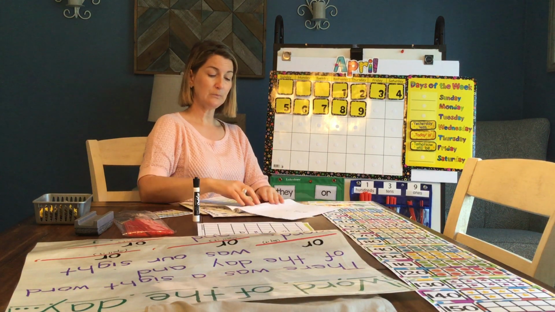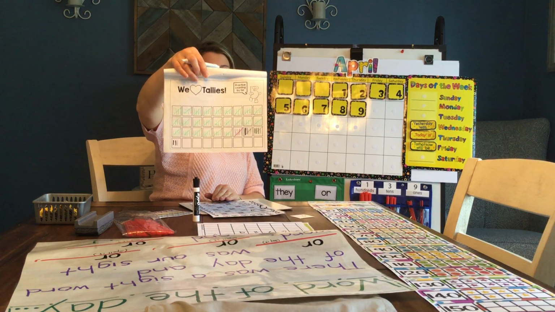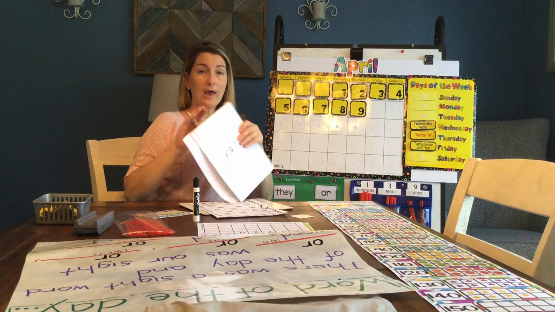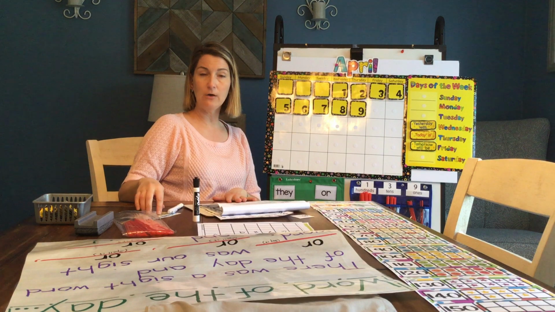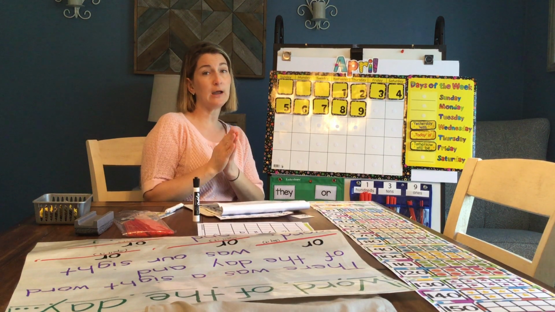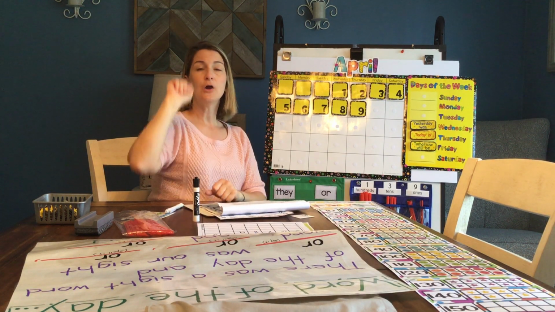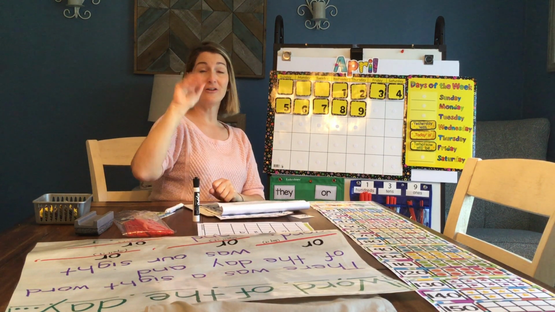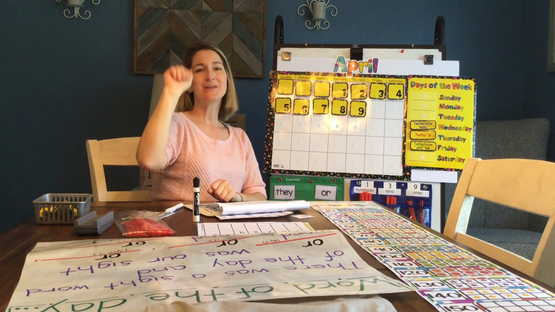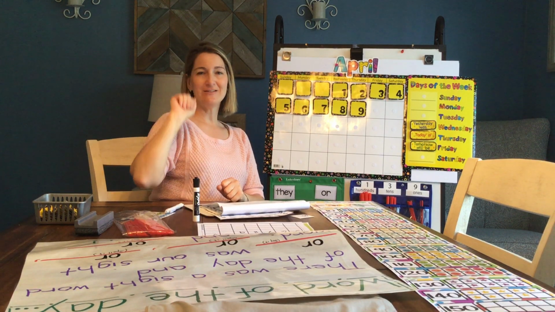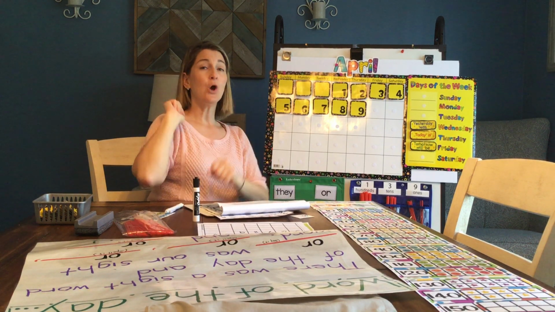Good job. Okay, tally mark time. Tally marks help us count by 5s. You're right. Okay, let's see where we are for yesterday and make sure we're all caught up. Okay, I'm going to count, and I hope that you're counting with me at home. Practice, practice. Here we go. 5, 10, 15, 20, 25, 30, 35, 40, 45, 50, 55, 60, 65, 70, 75, 80, 85, 90, 95, 100,